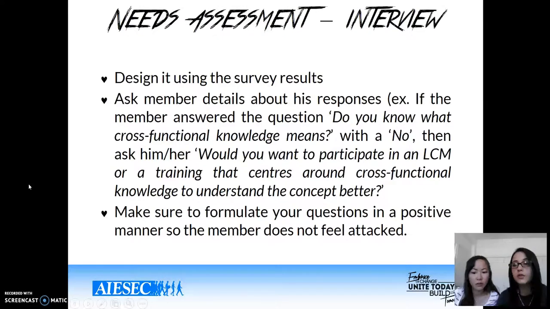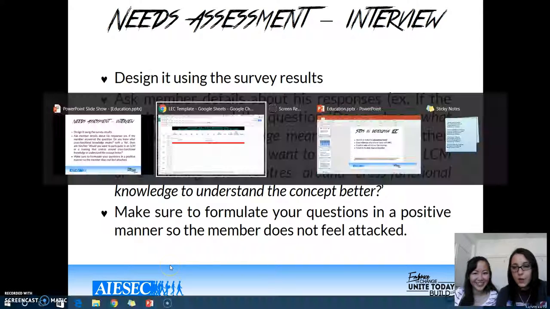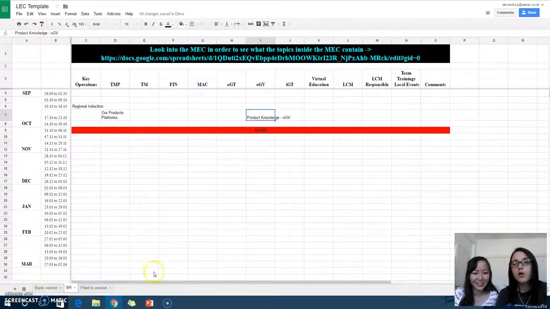And interviews are usually structured, designed using the survey results, because they get into more detail. After you've seen the statistics, the general overview of your entity, you can use individual interviews with all the members to go into further detail, like what they think would help them develop themselves more and what they would find helpful for their future development in ISEC. Okay. So pause, read, everything's going to be okay. Cool. And now we're going to go back to this.